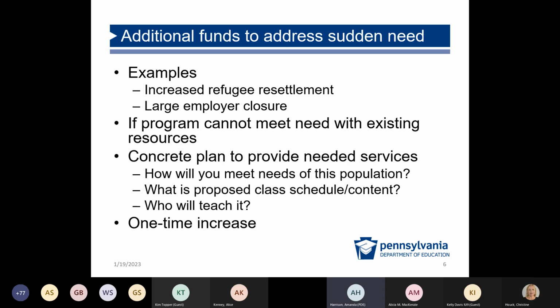How many individuals are you looking at? What is the period of time that they're going to be coming in? Are they coming in all together at the same time? Or are they going to be kind of coming in slowly over the next 12 months? If they're coming in over the next 12 months, do these individuals have very specific needs and would they benefit from having a focused, managed enrollment class where you can focus on intensity of instruction and address their specific language needs that might not be met in your general classes?